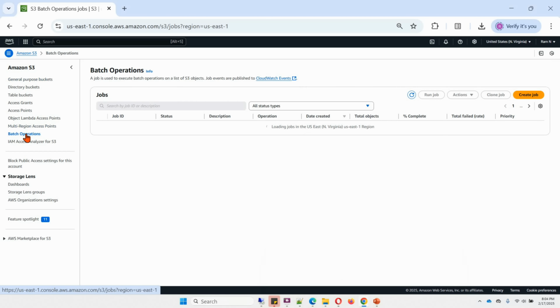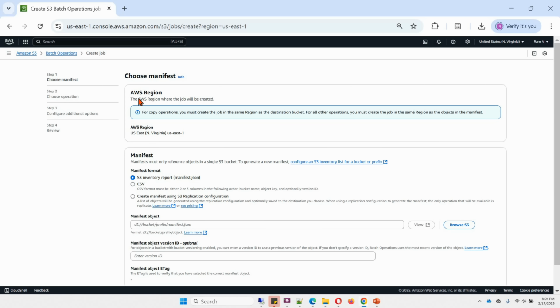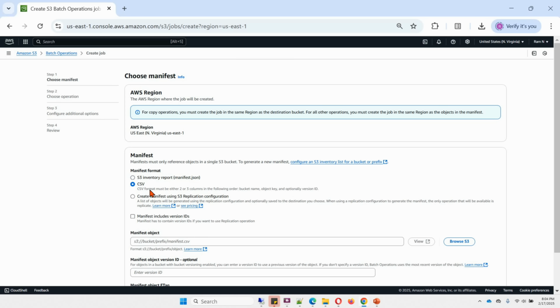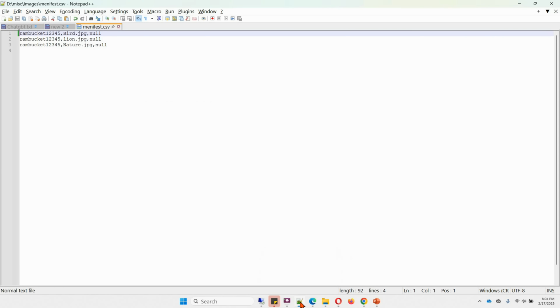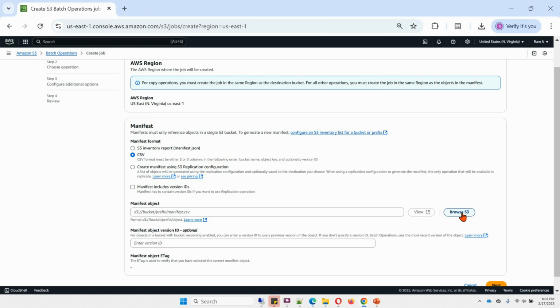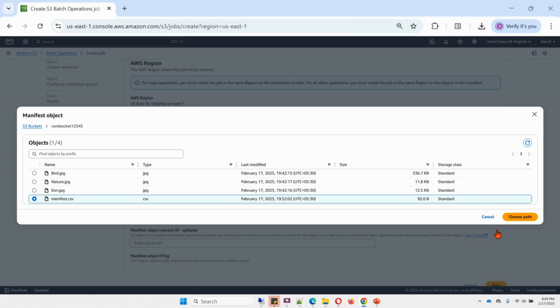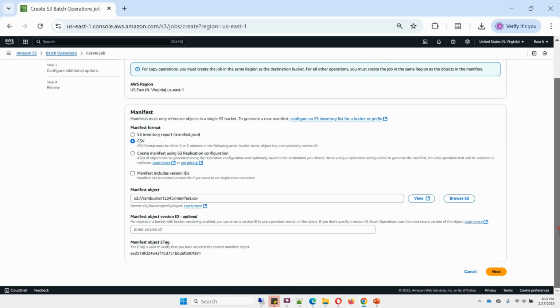Click on Batch Operations. Click on create job. Here you have to select the manifest. I am selecting CSV format, and here you can see the CSV format must be either 2 or 3 columns in the following order: bucket name, object key and optionally version ID. That is what you are seeing here. The manifest file is already there in S3. Select that. Click on next,